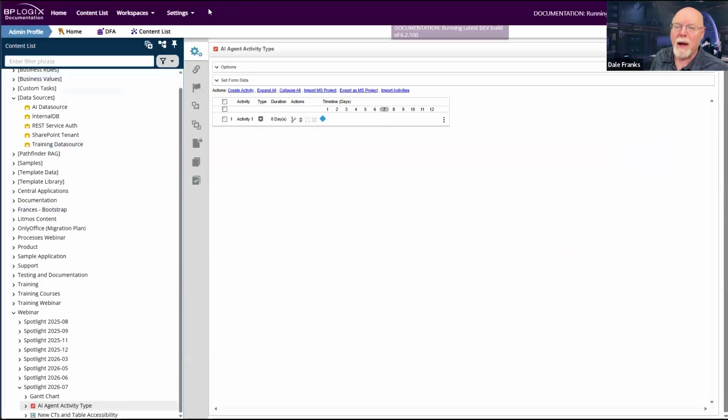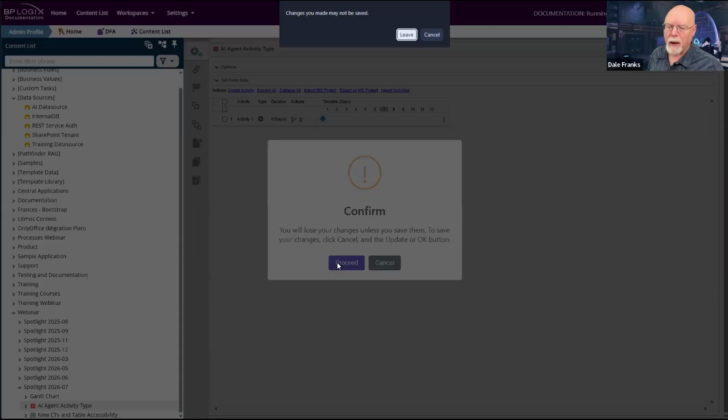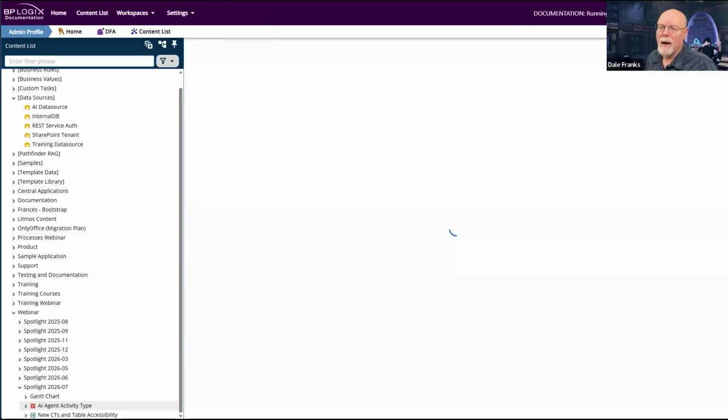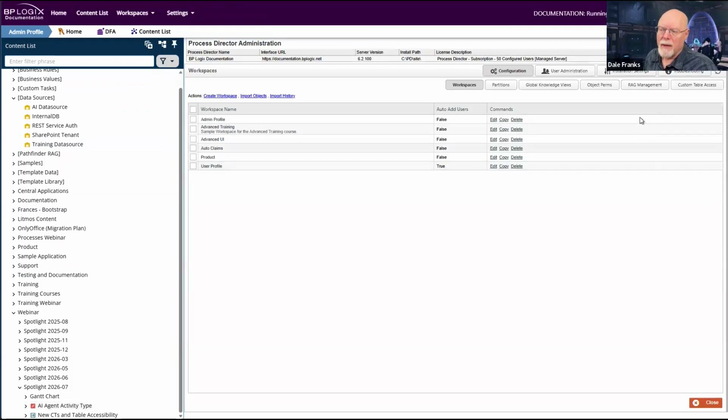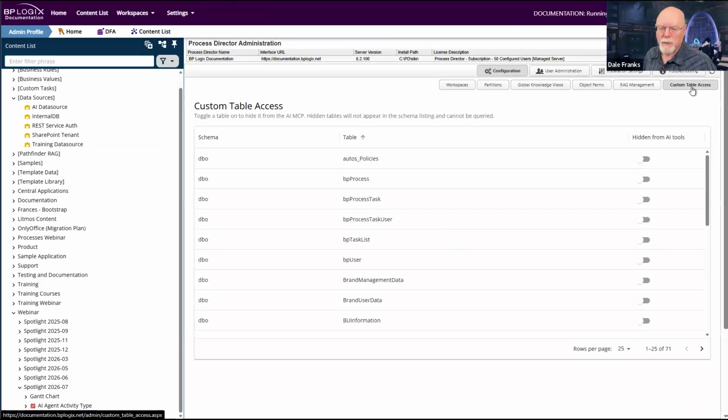So in the product, if we go to settings and configuration, there is a new page in the configuration section called Custom Table Access. And again, it's pretty simple. It lists all of the custom tables you have.